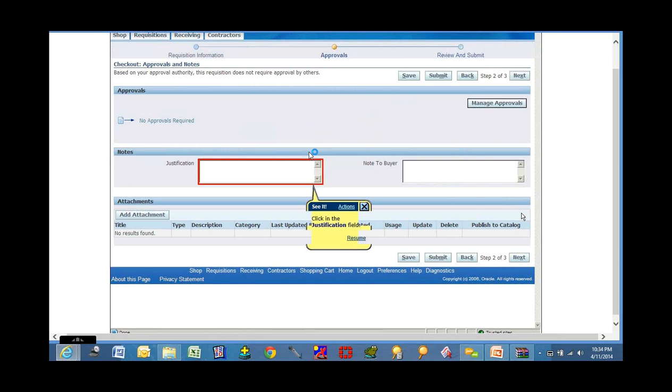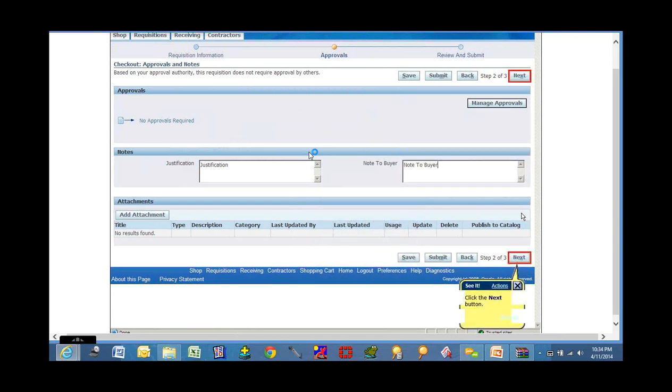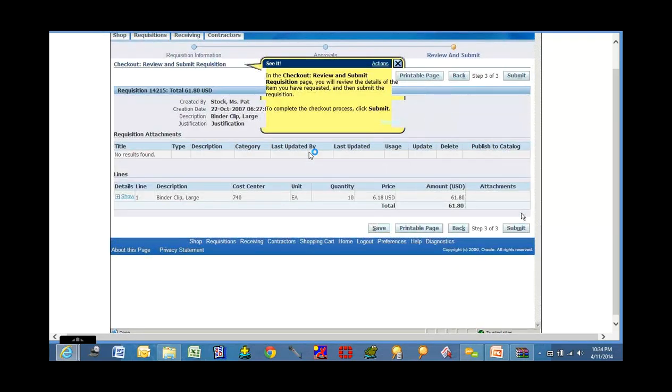User can enter the justification for this purchase. This justification will be visible to the purchase department. There's some justification. Then note to the buyer. Then if at all we intend to add some sort of attachment to this requisition, then we have an add attachment option also. Next button